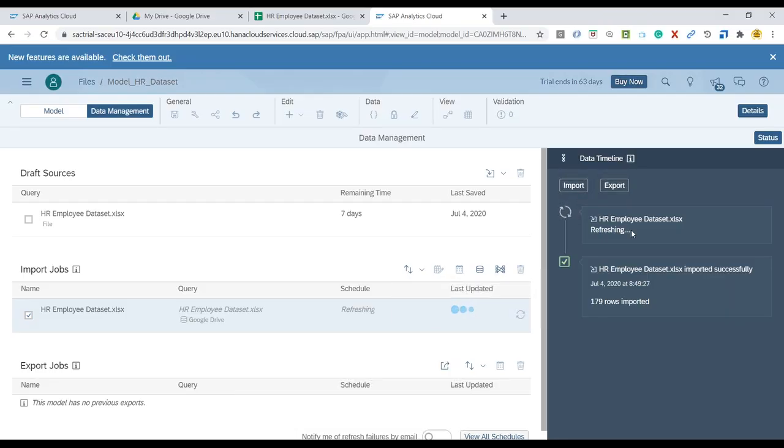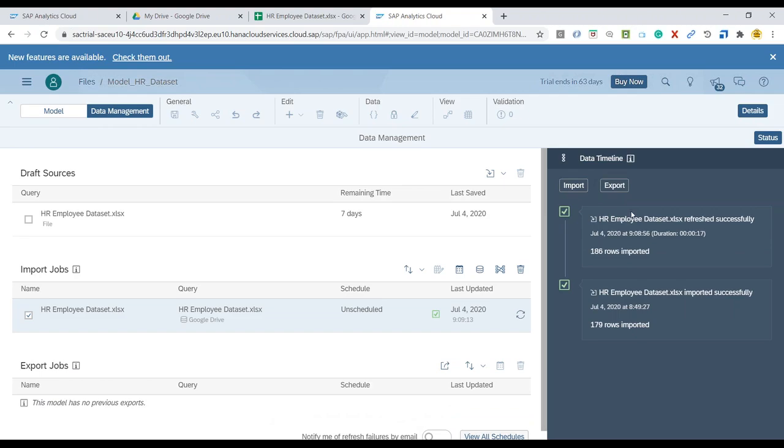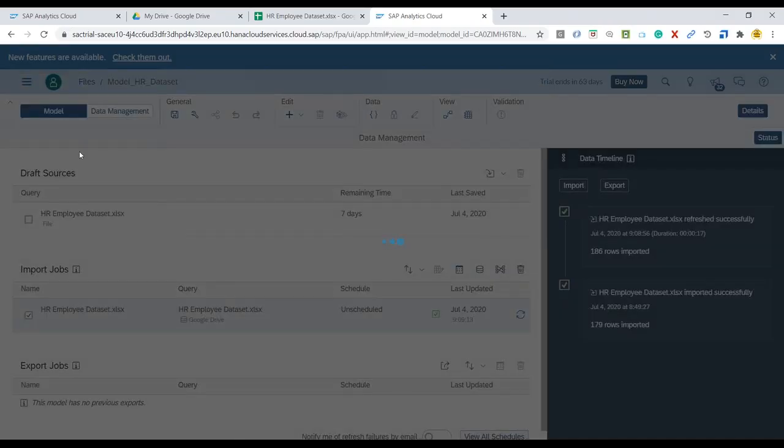Last time we had 179 records. We've added about 8 to 10 more records in the system. It's going to fetch more than 180 records and update my data model. You see now it has got 186 rows. 186 rows have been updated, so about 7 more rows the system has got. Awesome. You can analyze that data over here, come to model,